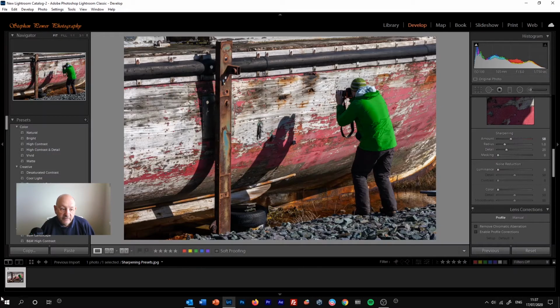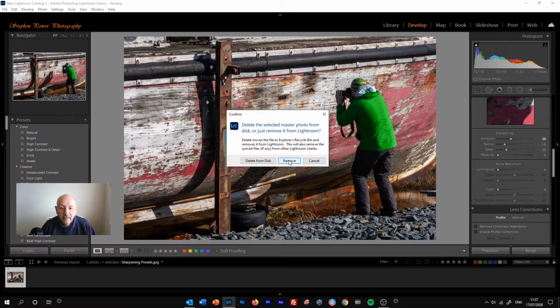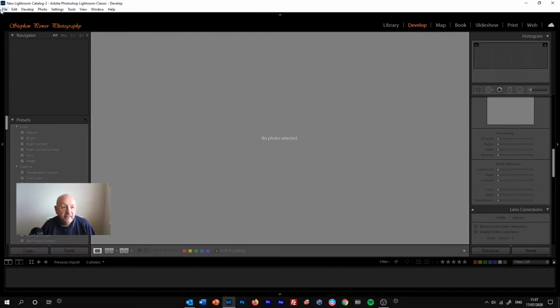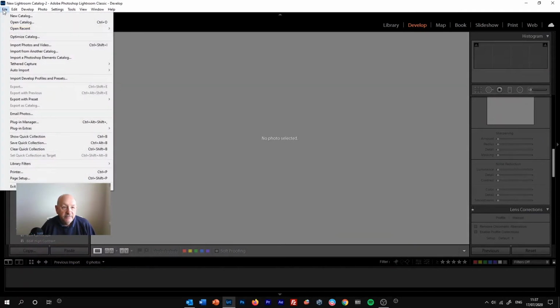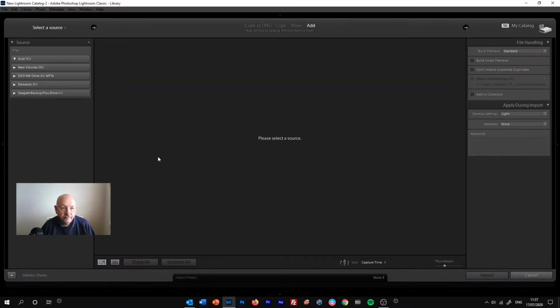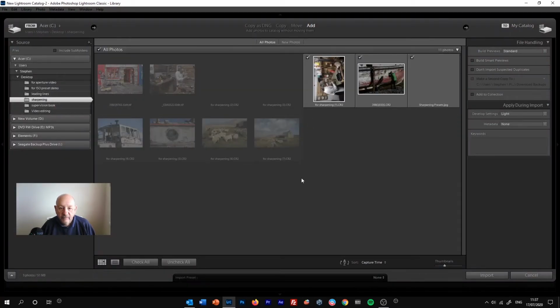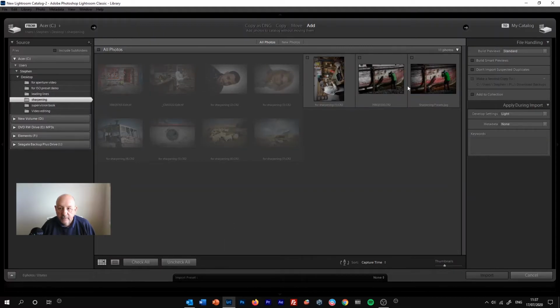So the next thing we need to do then is to apply that setting to the image when it's imported. So I'm going to remove this one and then bring it back in. So we'll stay in the develop module this time. File, import photos and video. Back to the sharpening folder, uncheck all. Check the image that we want to use, and then come to the